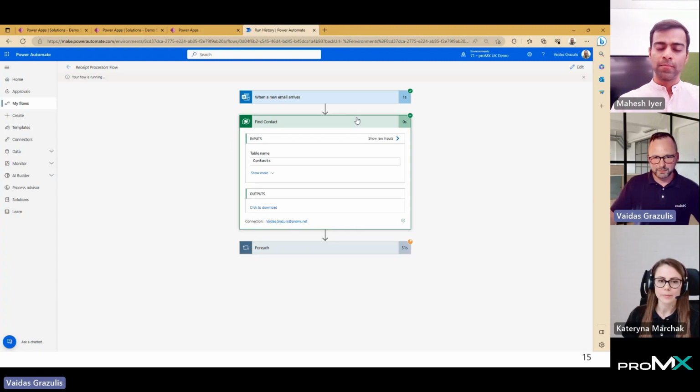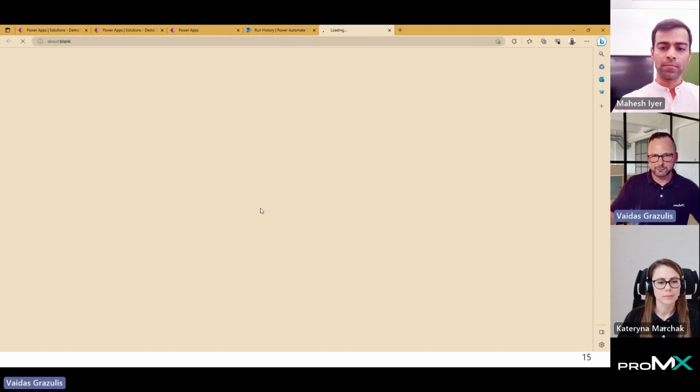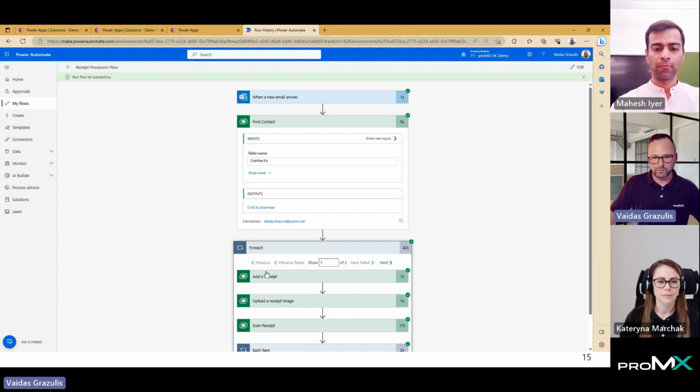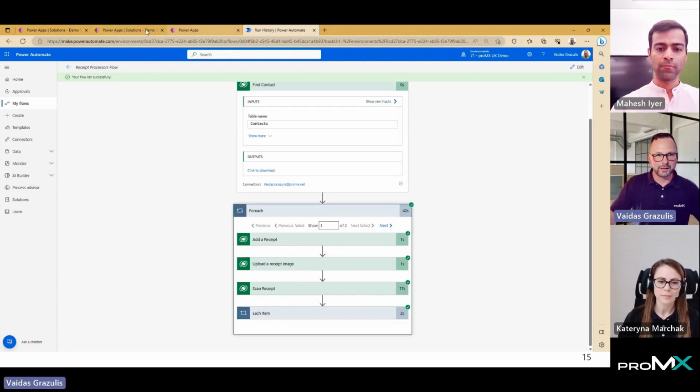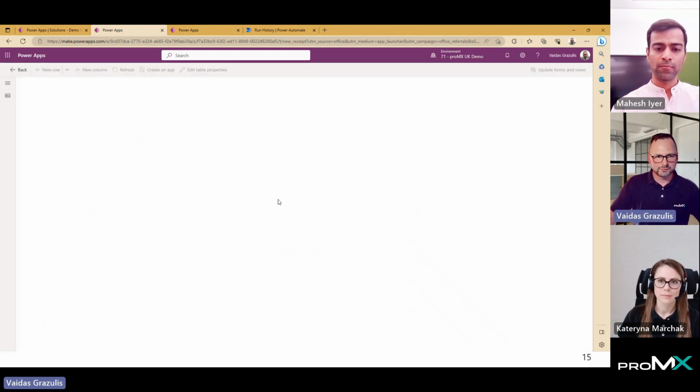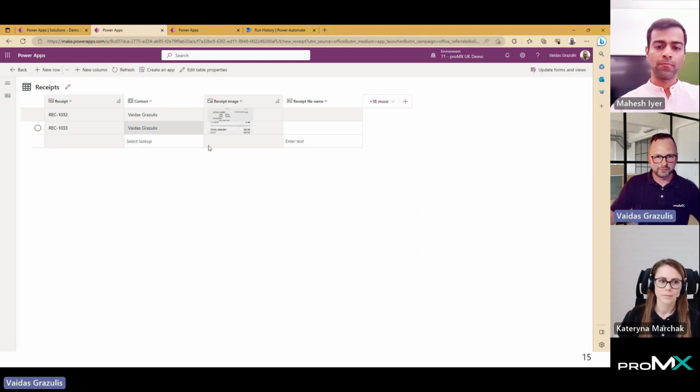While this is running, maybe a quick demo of what output we're getting from the find contact step, which we can again see in the browser. Okay, all done, all ready, all good. If I go now into my receipt entity, let's have a look at what is inside of there. Do we have any contacts? There you go. We have a couple of receipts that we created. The receipts are linked with a contact who sent an email. I can see the stored items inside there. That is all acceptable. Great.